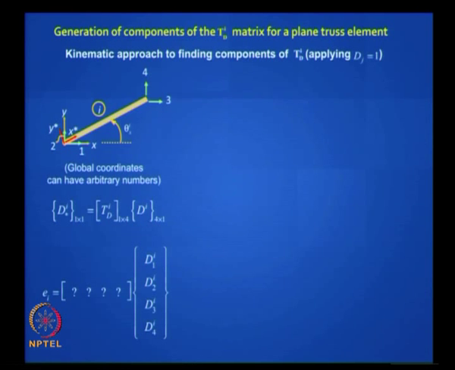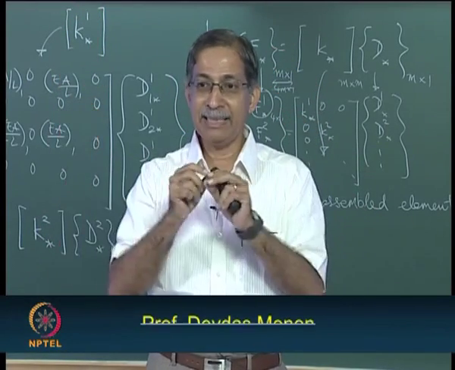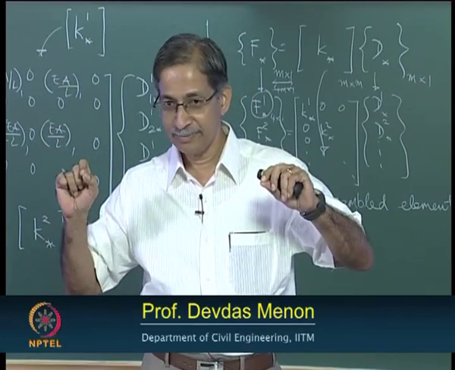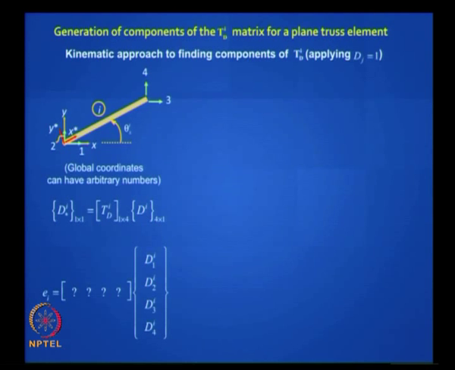Well, now I realize there is only one degree of freedom, though in my global structure I may have 1, 2, 3, 4. Now this 1, 2, 3, 4 I have shown for convenience. It may actually be 5, 6, 21, 22 in the actual structure. But the elongation is given by how much these move. So this 1, 2, 3, 4 is arbitrary. Now basically I want to know if these joints move by some known amounts, how much elongation do I get? That is the meaning of this TDI. TDI is just how much elongation in the ith element, got it?